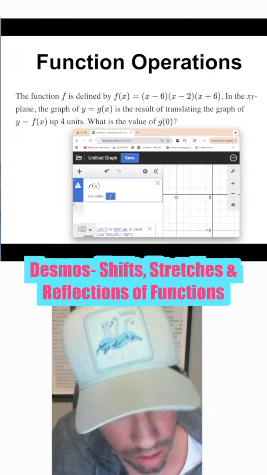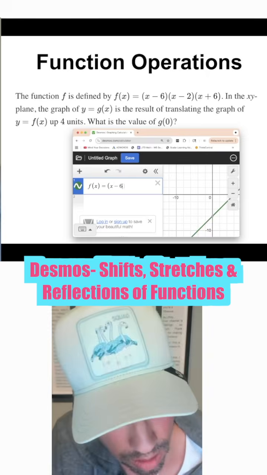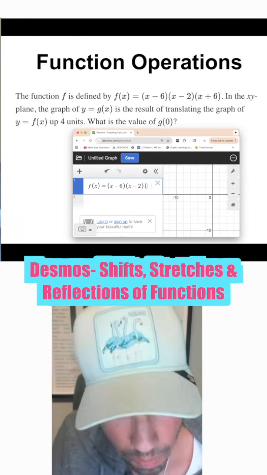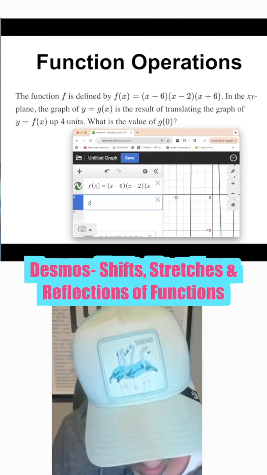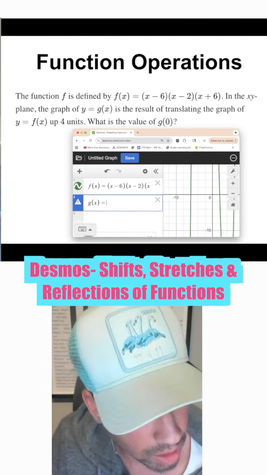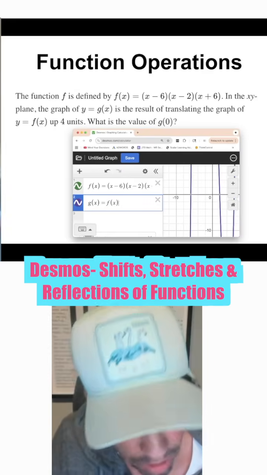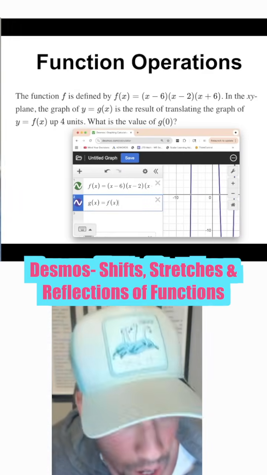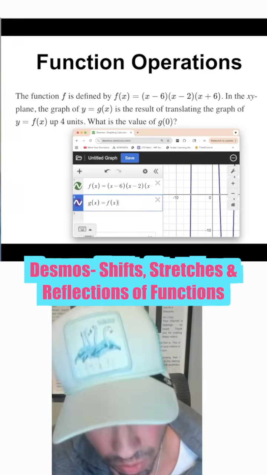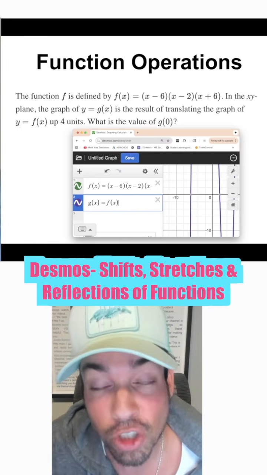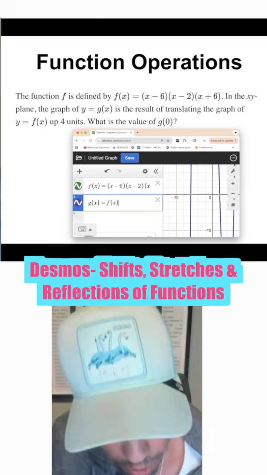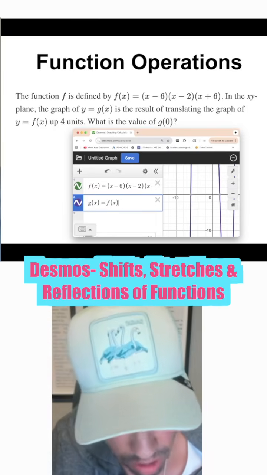So first, let's type in f of x. We got x minus 6, x minus 2, and x plus 6. So there's f of x. Then it says g of x is equal to f of x, right? When it says g of x is equal to y and then y is equal to f of x up 4, it's just g of x is equal to f of x up by 4. And again, as I mentioned, translating up by 4, a vertical shift up is going to be a plus 4